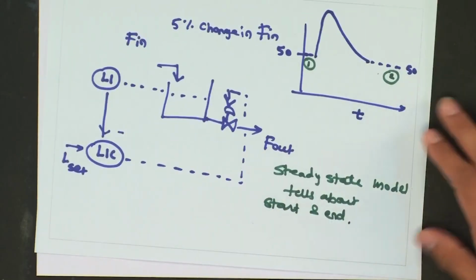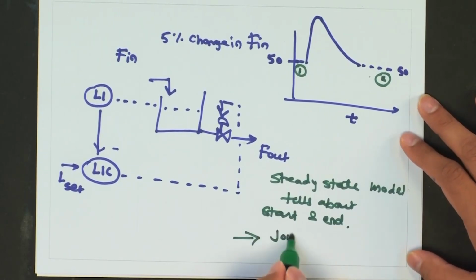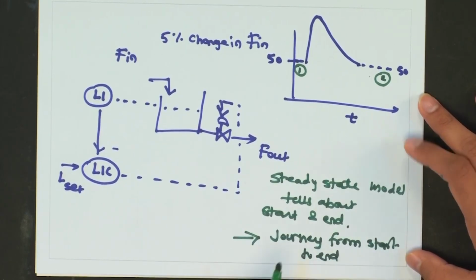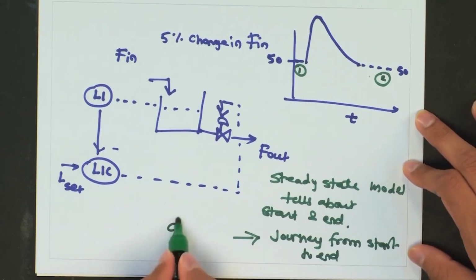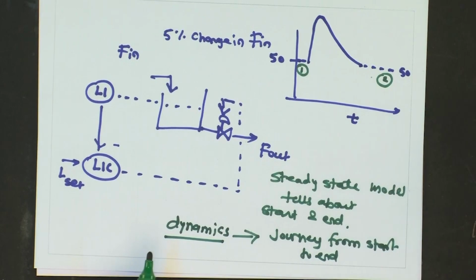It does not tell me about the journey from start to end. That is given by dynamics of the system, or the dynamic model of the system. And why is that important? Because we saw